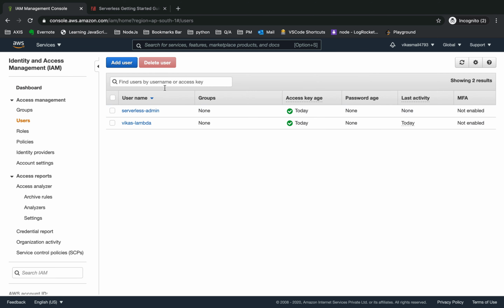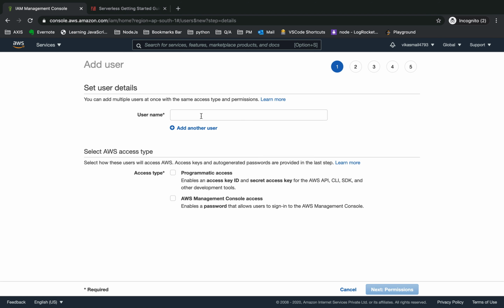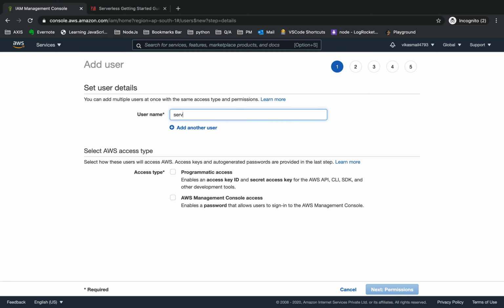Guys, you can see I have already created some of the users for demo purposes. I am creating another user again, serverless user, and don't forget to tick this programmatic access, to generate your access key and secret access key.